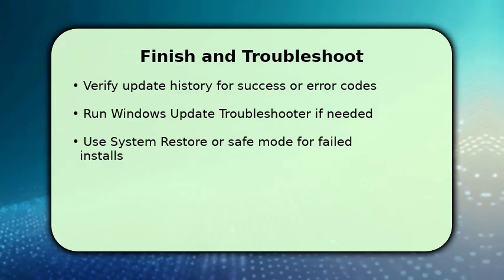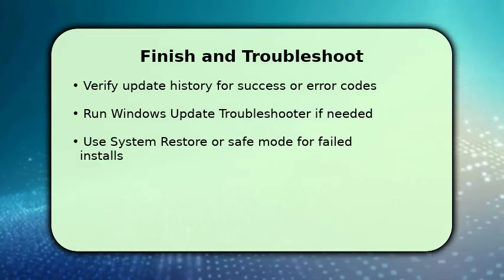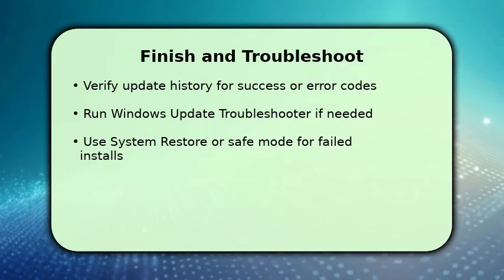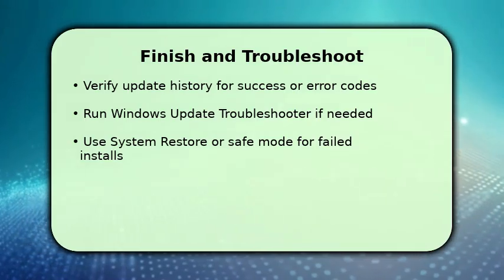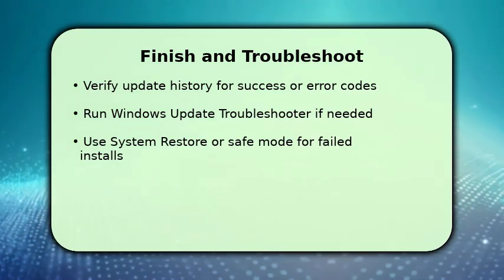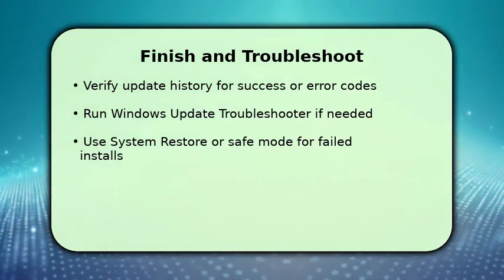If you encounter problems, run the Windows Update Troubleshooter, which checks services and repairs components automatically. Make sure to try a restart, and then, if failures persist, boot to safe mode to remove problematic drivers or use System Restore to revert to a stable point. This reduces risk of data loss while